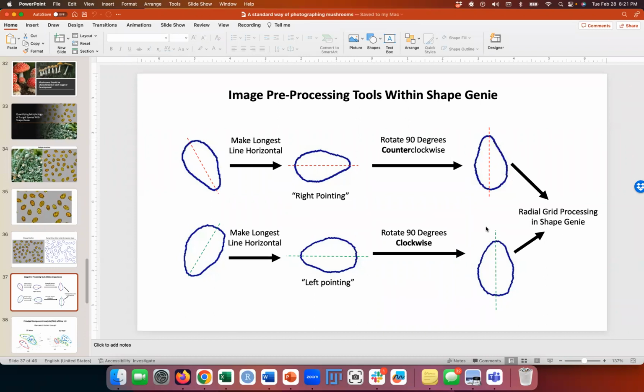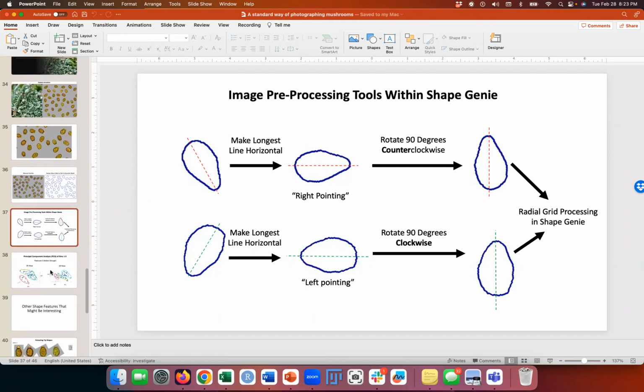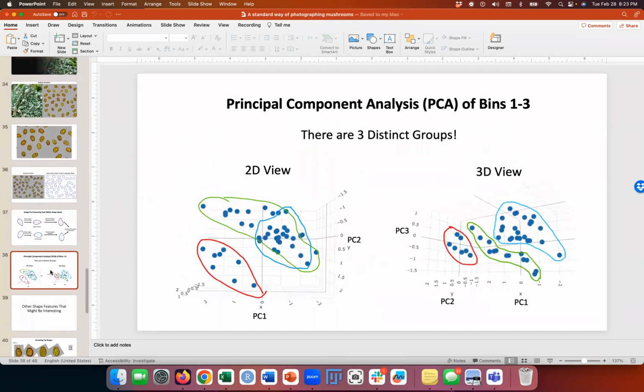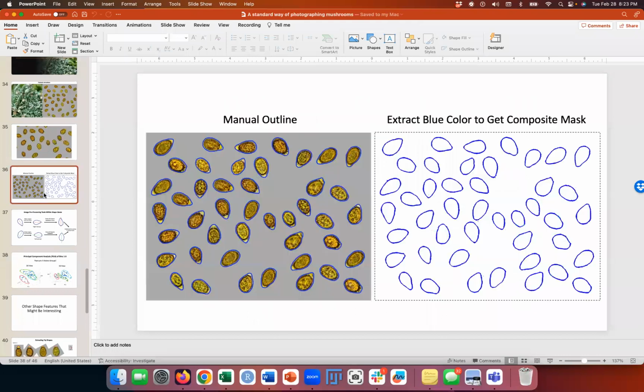And so I oriented each spore to be like this, and then I did radial grid processing in Shape Genie. And when I did that, I then did principal component analysis, okay, on the first 3 bins of the frequency plot. And I found evidence that there are 3 distinct groups, right? If you look in 3D view, right, these 3 groups separate into their own 3-dimensional space, right? Which suggests that in terms of the shapes, okay, of spores, there are 3 groups that exist in